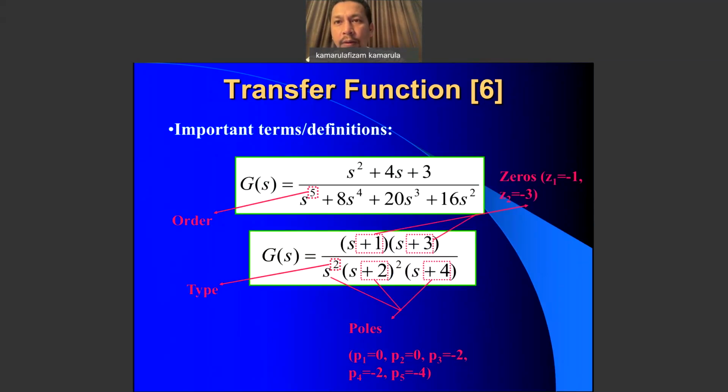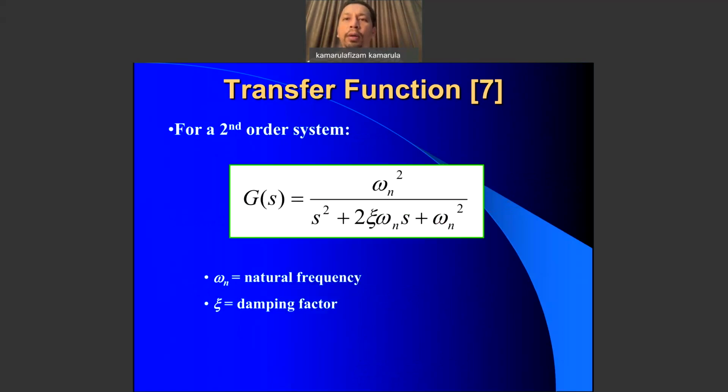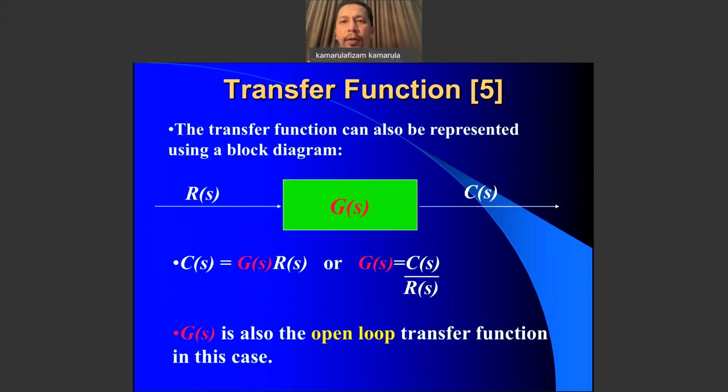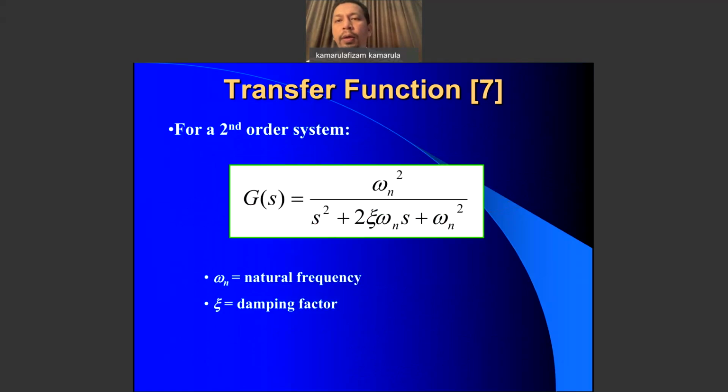For example, there will be a question asking, if you look at any transfer function, what is the order of the transfer function? So you have to look at the denominator and look at the highest power of s, right? That's the order. And then you will have to know which one is the zero and which one is the pole, all right? And from here, there is an example of how you should extract the pole and zero. Okay, this is the first order system,